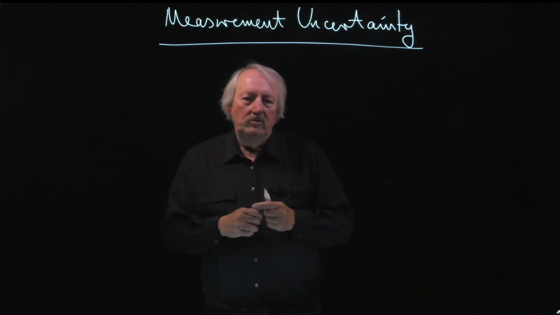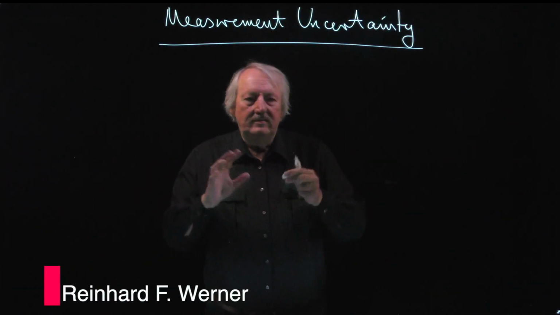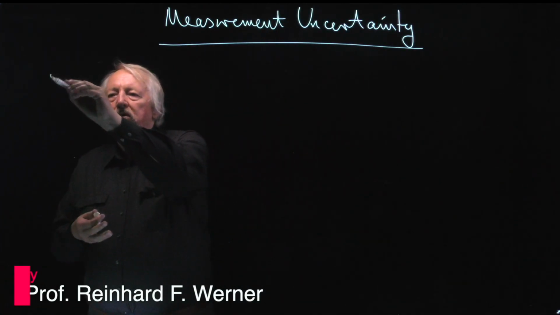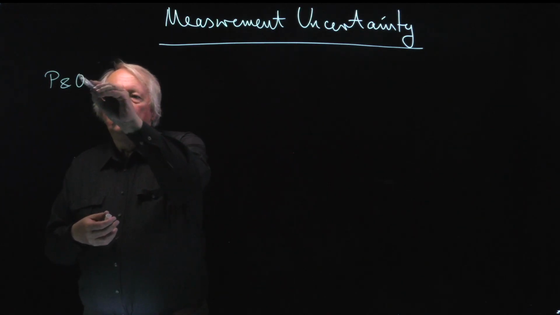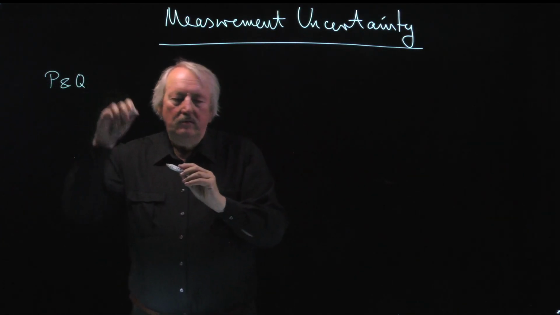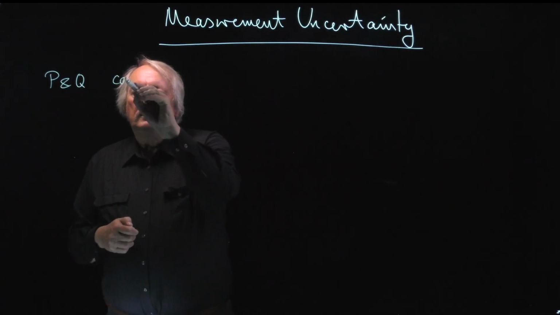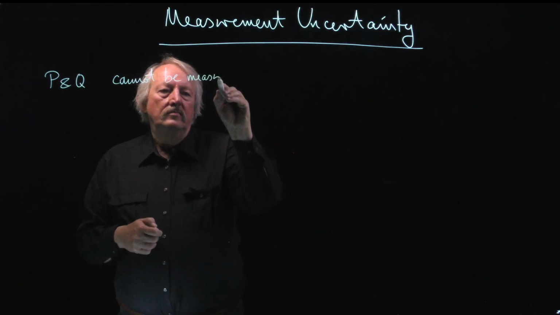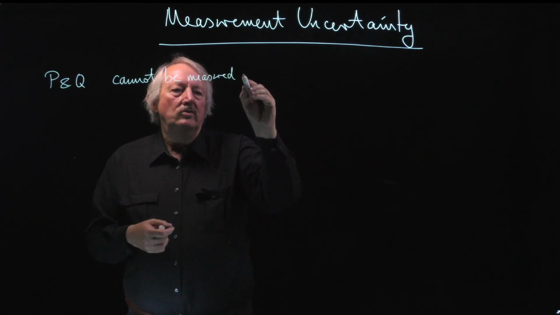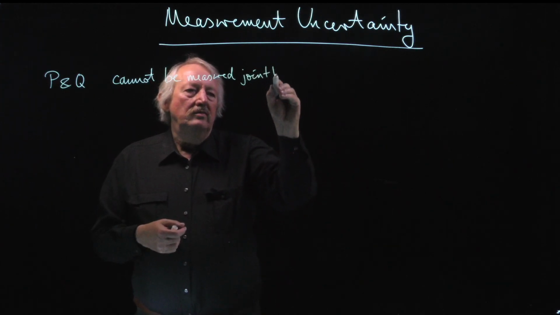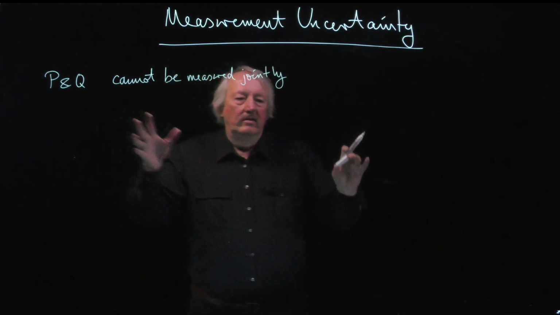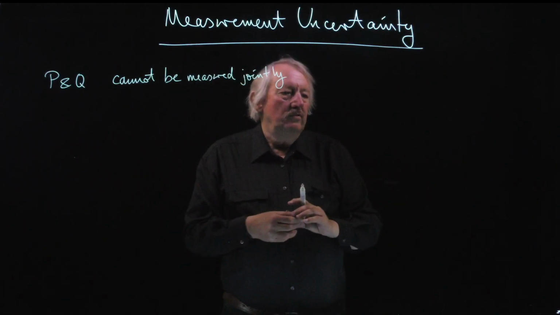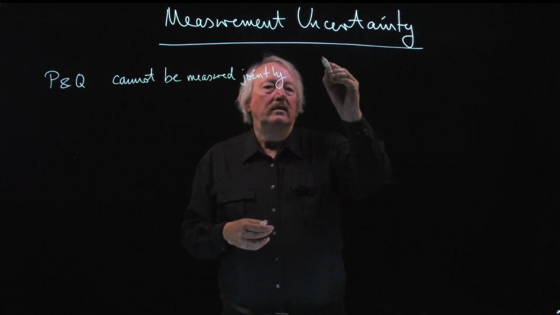Okay, so we now come to this scenario of measurement uncertainty. That's the other kind that we have to explore. And loosely speaking, it would be statements like P and Q, like the momentum measurement and a position measurement, cannot be measured jointly on the same device. And that always means cannot be done without error. Right? So you can make some sort of joint measurement, we'll talk about that, but you'll incur errors if you do that. And another kind of statement is